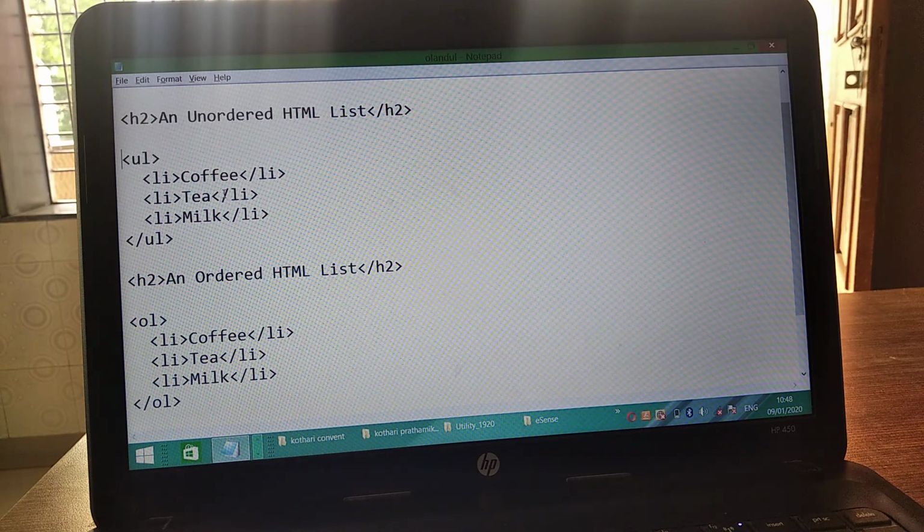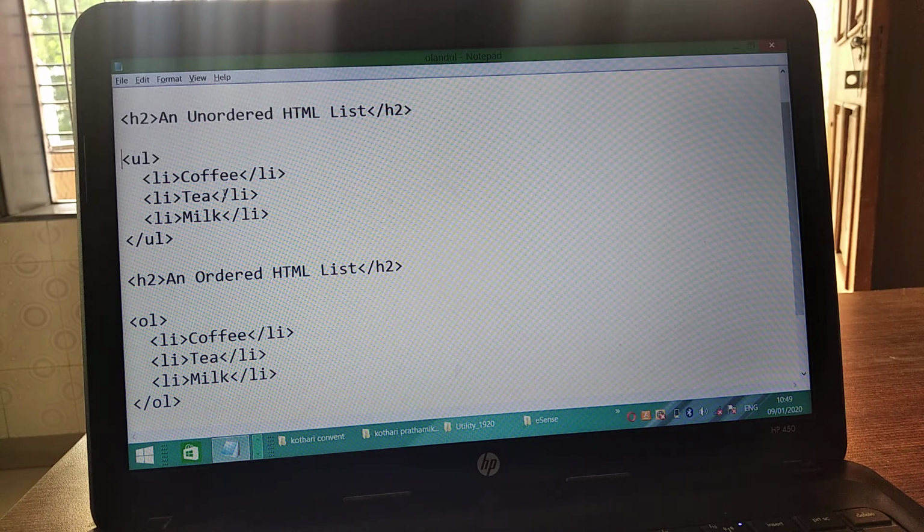You can type 1, 2, 3 or Roman numerals in capital or small letters, or display the items with small or capital letters of the alphabet, as per your necessity.